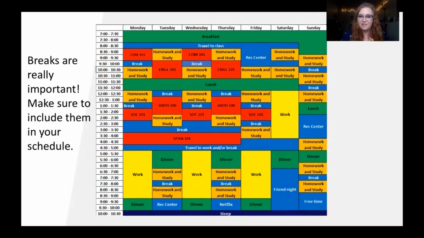To kind of prevent yourself from taking a break for too long, set a time limit to them. So I have definitely fallen into the trap of taking a break that I thought was only going to be 20 minutes and it ended up being an hour and a half. So in order to help myself kind of stay on task, I set a time limit for that and I set an alarm. It might seem really formal, but it can help in the long run.